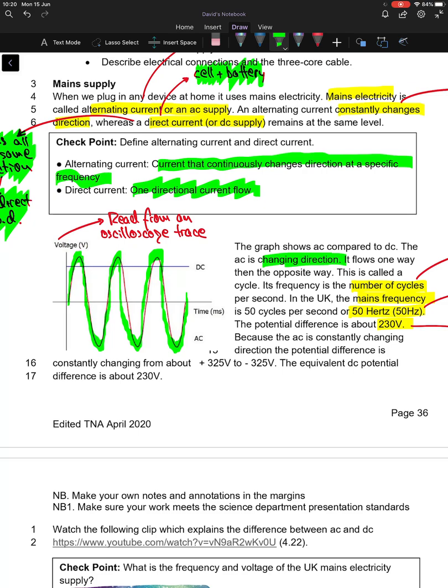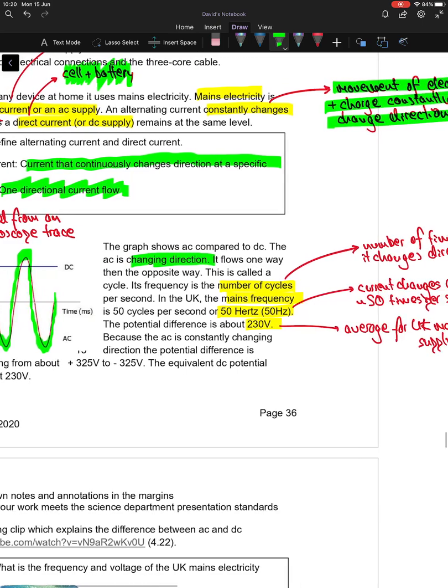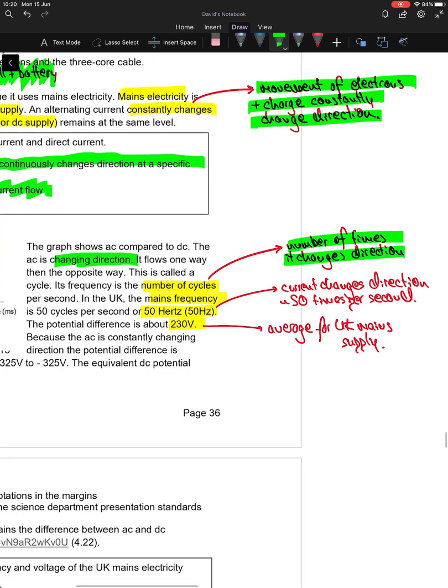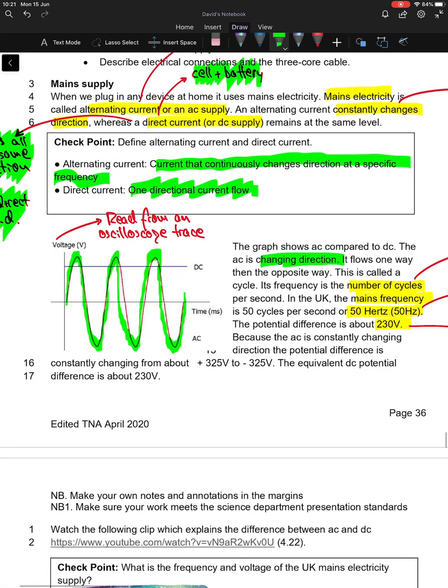This is called a cycle. Its frequency is the number of cycles per second. In the UK, the mains frequency is 50 cycles per second or 50 hertz. What we mean by number of cycles is the number of times that the flow of electrons changes direction. So when we're talking about 50 hertz, we're saying that the current is changing direction up to 50 times